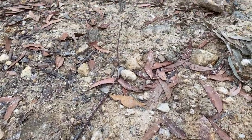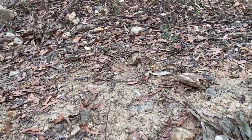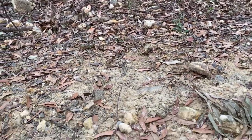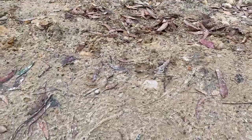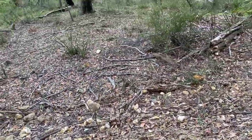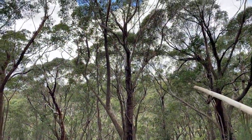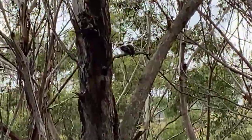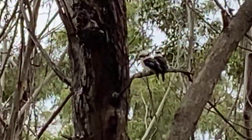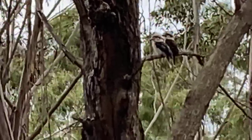And that's gone down there, and that would be a lace monitor going and looking around in the trees, looking for food and looking for eggs. And if you look up into the tree, up in the gap of the V of the tree, you might be able to see the two kookaburras, who are very, very busy looking at me, wondering what we're up to. And they'll be quite mindful of, like, whoa, hey-oh. Let's have a little look down there, see if we can find any more evidence of the...